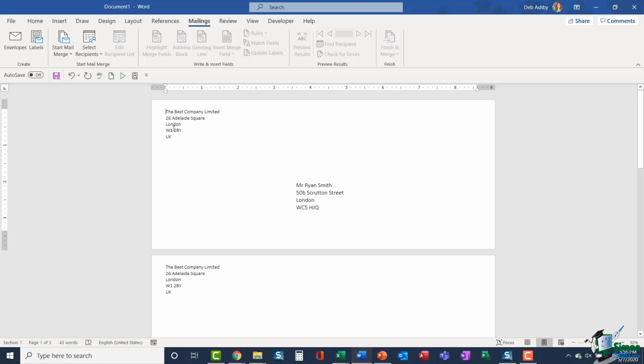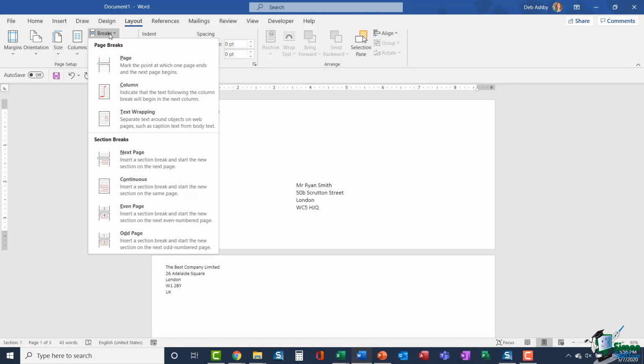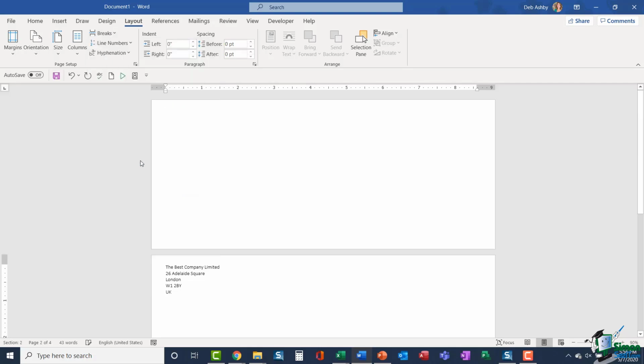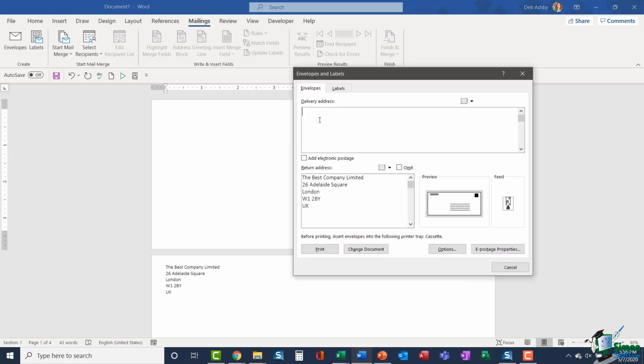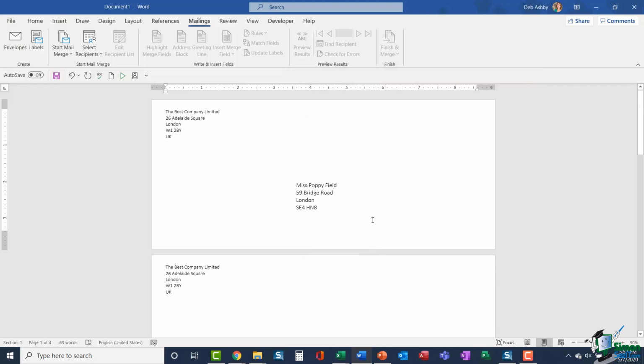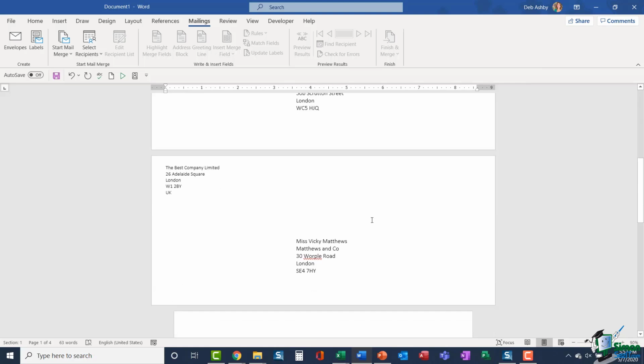So make sure that your cursor is clicked at the top of the current envelope. Go up to Layout, go to Breaks and insert a next page section break. Now you'll see that my cursor is clicked down here on the second envelope, so it's super important that you click in that top envelope before going to Mailings, Envelopes, and entering in your new address. Like so, click on Change Document to add that in,